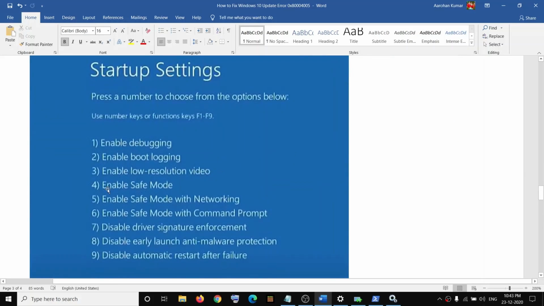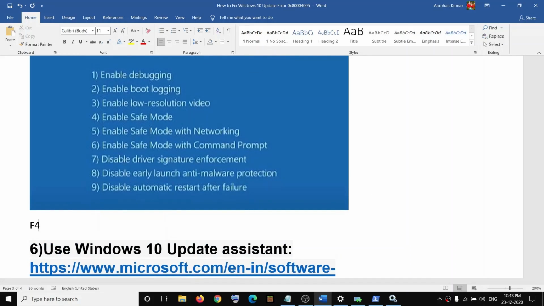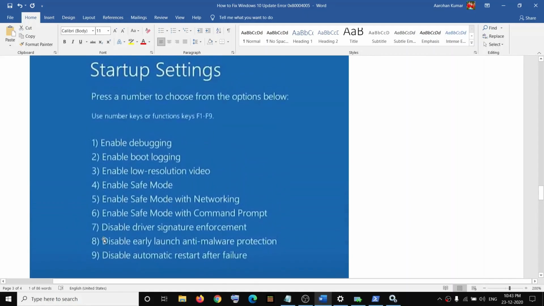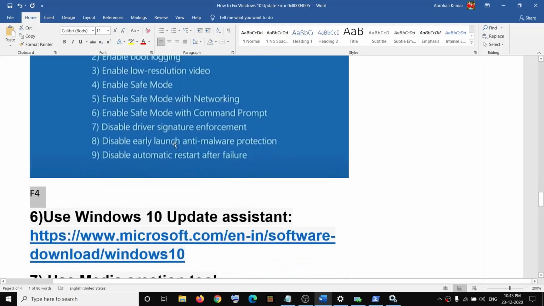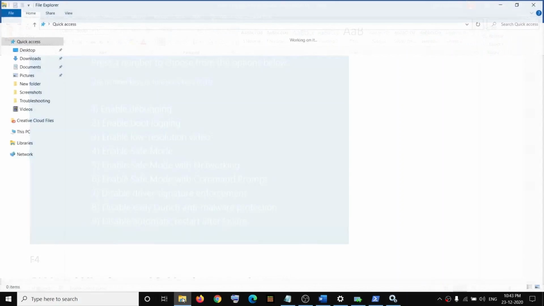Now over here you can see enable safe mode, so you can press the number 4 on the keyboard or you can press F4. You can go ahead and just press F4 on the keyboard. You will find the F4 key on the top of your keyboard. So press F4, which will activate enable safe mode, and your computer will restart and it will go to the safe mode. Now once you are in safe mode, then open File Explorer on your computer and then go to